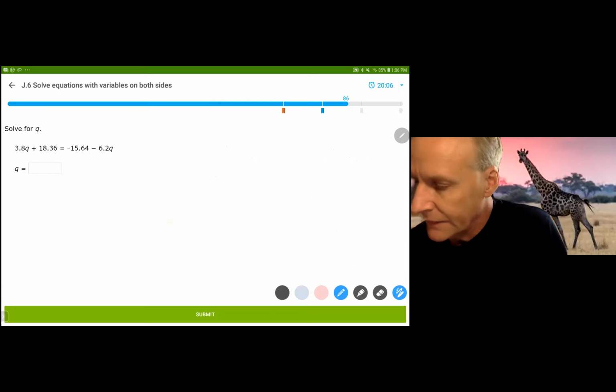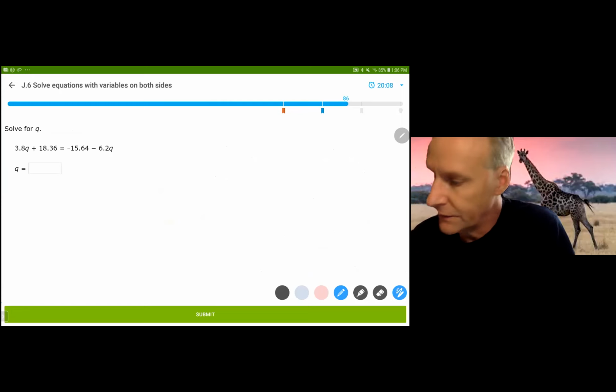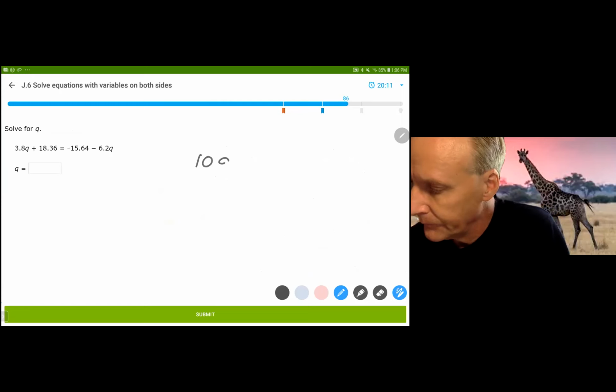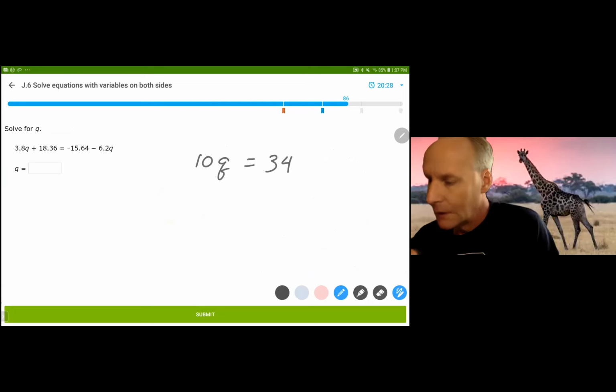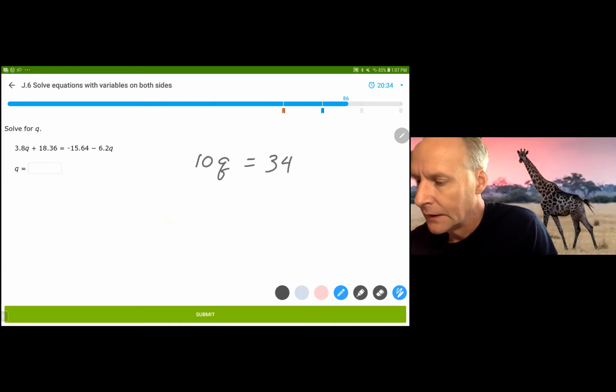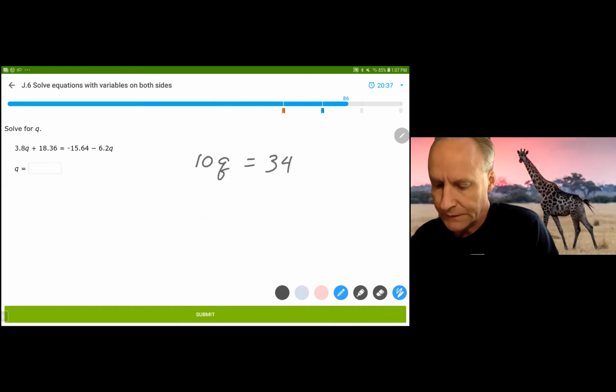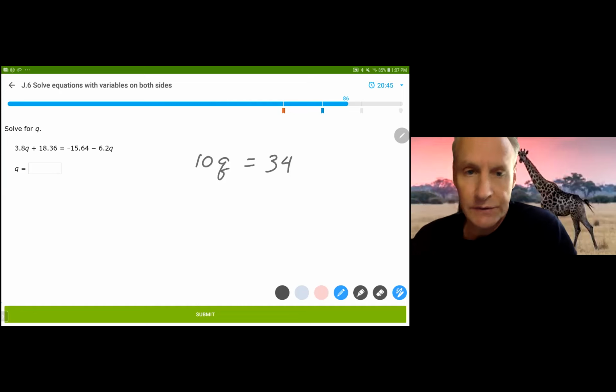This one, we are going to add the 6.2q, which is going to give you 10q. And I'm going to subtract the 18.36, which is going to give me 34, I believe. I'm going to double check and make sure. I don't need a calculator for that. 18.36 plus 15.64 is equal to 34. And when you divide by 10,